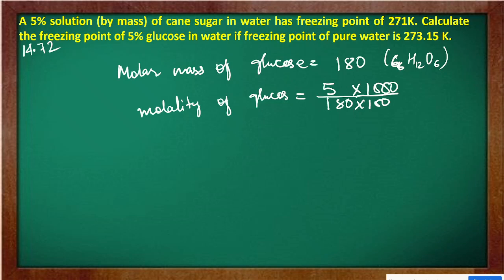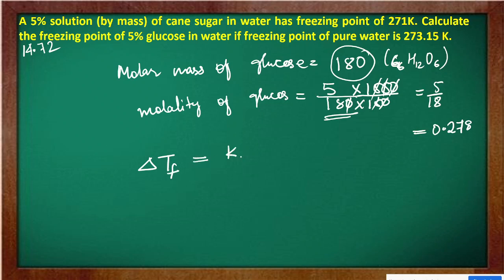Here again, this 0 and this 0 will cancel out. This is equal to 5 upon 18. So 5 upon 18 will be equal to 0.278. So here, because the molar mass of glucose is 180, we have used the value of 180 in the denominator. Now delta Tf